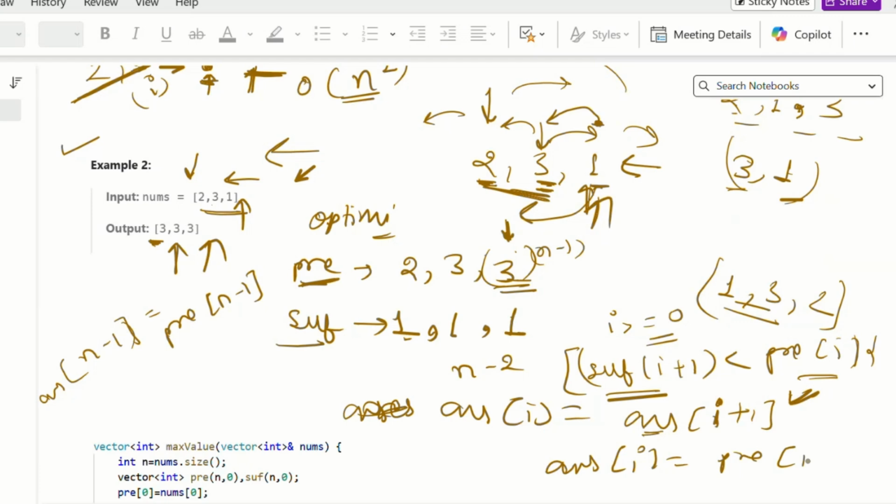Suppose we have some array 3, 4, 8, 2. For this 2 value, if I am at this 2, then what is my prefix saying? Prefix at this index is saying this is the maximum value from 0 till I. So if this condition is not true, that means our I is not connected to I plus 1. That means we need to find the value for answer of I. That means the value that comes at the ith index is equal to prefix of I. We need to find a value from the left side, 0 till I.